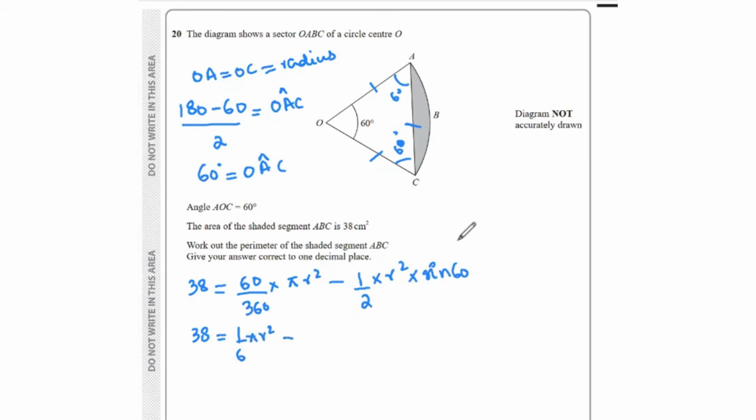And sine 60 has the value of root 3 over 2. So 1 over 2 r square times root 3 over 2. So that is basically pi r square over 6 minus root 3 r square over 4. So if you subtract the 2,